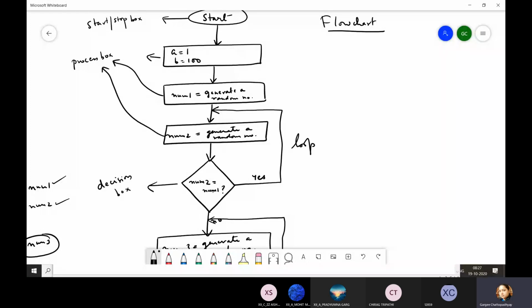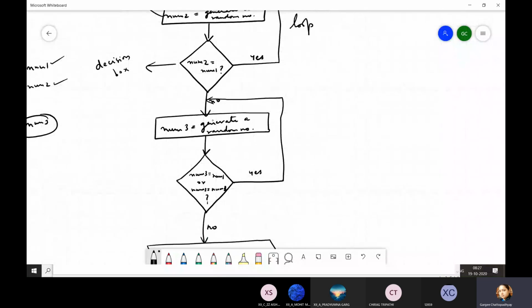If the condition is yes, again go back. What does while do? While condition, execute statements. So while the condition is true, go on executing the statements. So it forms a cycle. You can see through the arrows here. So this forms a loop. The moment this condition is proved false, the program control flow will move to the next statement.